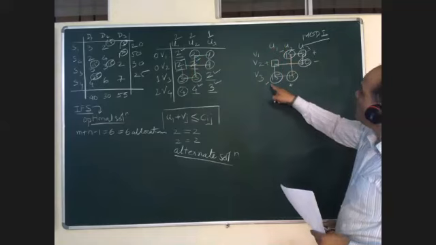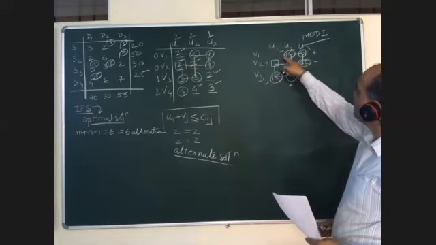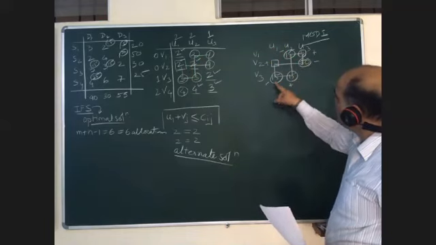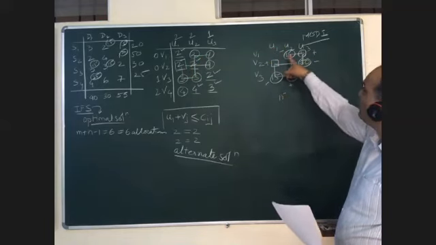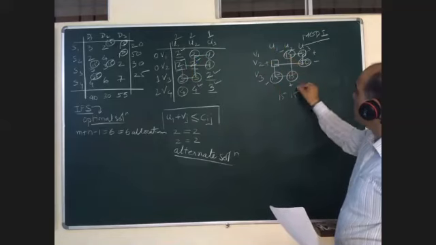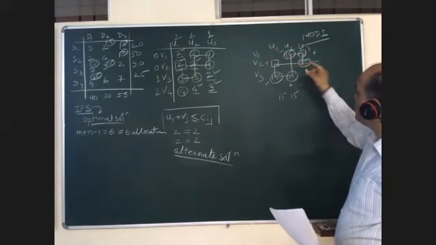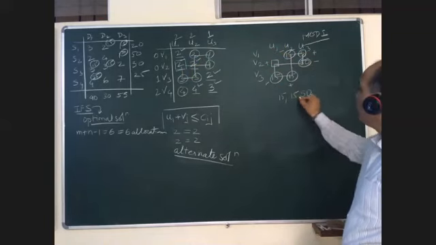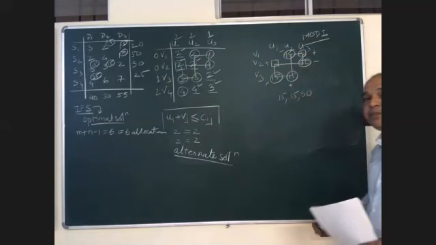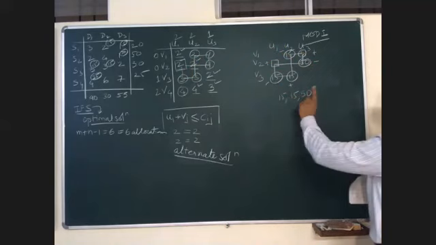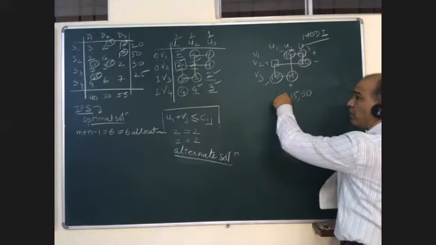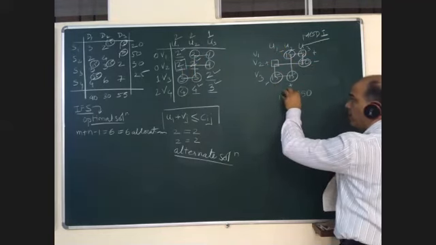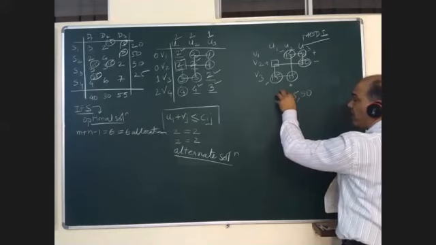Now, among the negative signs, how much is the allocation? At this negative sign, allocation is 15, at this negative sign it is 15, and at this it is 50. 15, 15, 50. Among these negative signs, choose the minimum allocation. So minimum is 15. Clear?